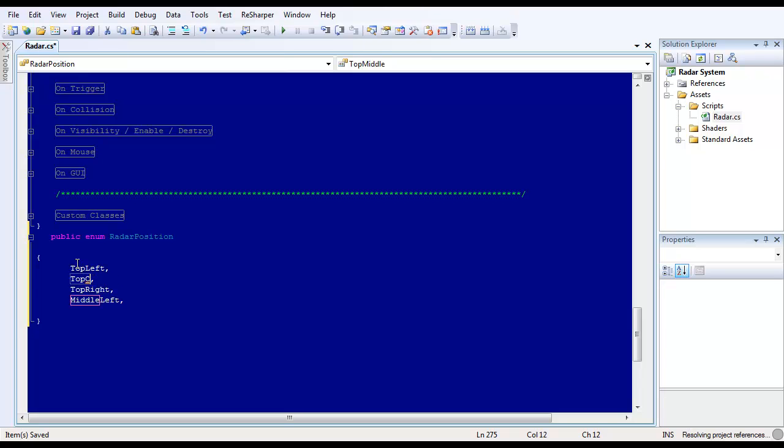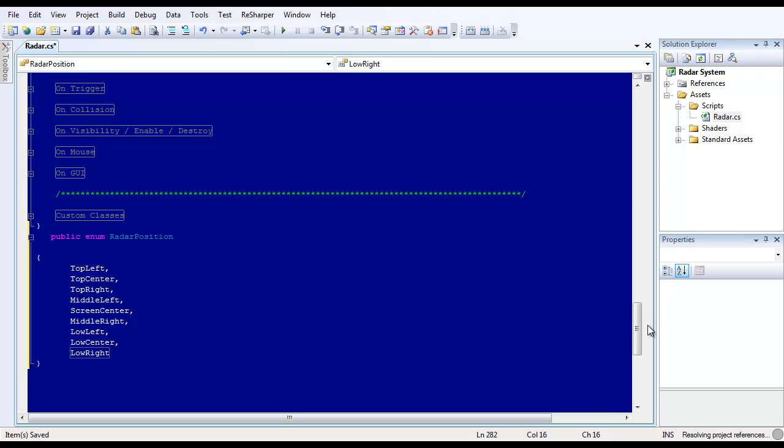This one will be center, then screen center, then middle right, then low left, low center, and low right. Okay,